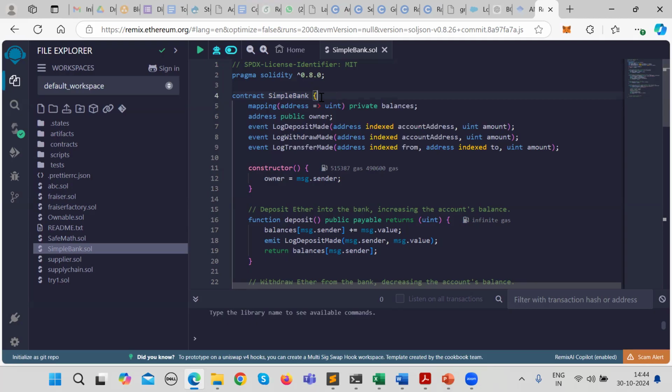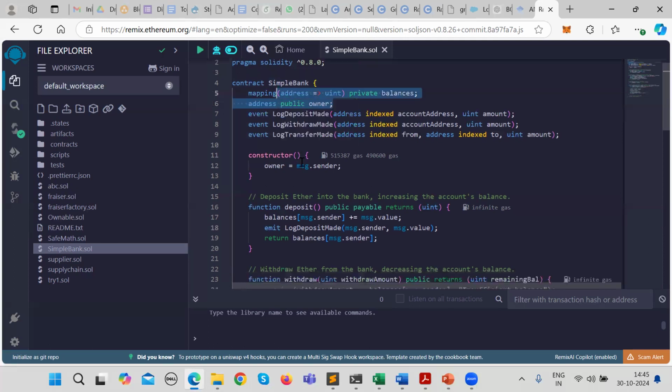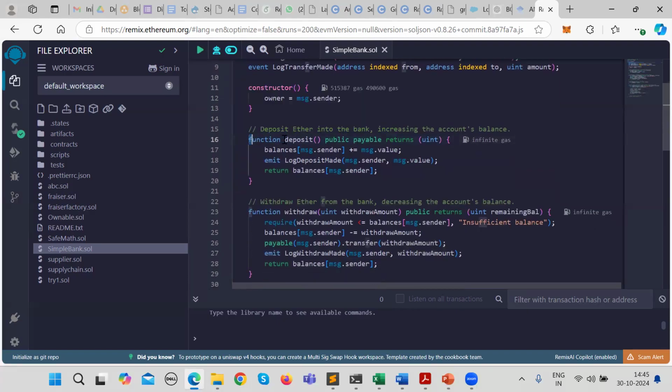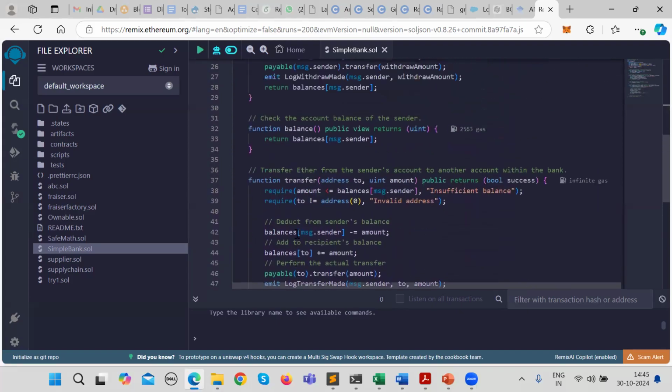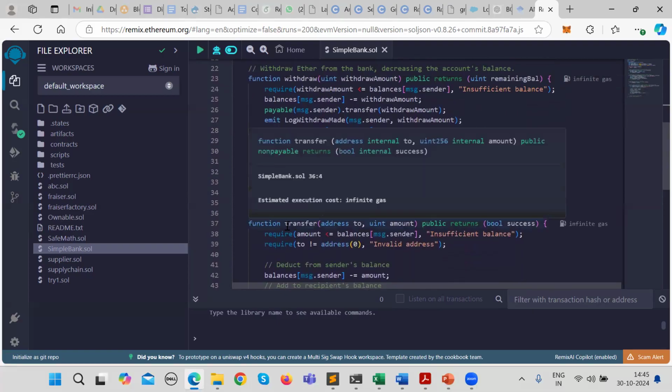Here in Solidity, whatever logic you have, you must implement inside a function only. The structure is: first you create the contract, then you declare whatever variables are required, and then the logic is implemented inside a function. Function is a keyword, you write the function name, we will see the rest of it, and then you implement the logic. Whatever logic I have implemented is inside a function.